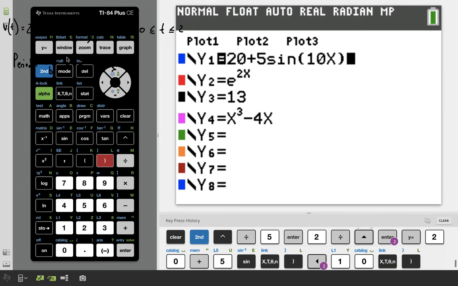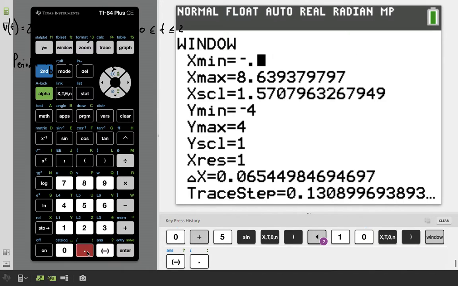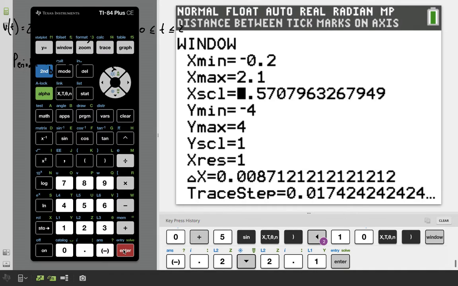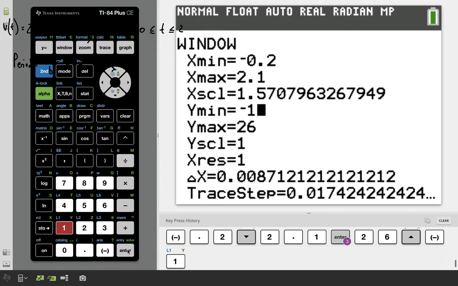That's right. Now with the viewing window, they want me to go out to 2. Let's go from minus, I don't know, maybe just go slightly bigger than 2, 2.1. I know the principal axis was 20, amplitude's 5. I'm going to need to see up to maybe 26. And maybe I'll go all the way down to the x-axis, so I'll set my y minimum at -1. If I graph that,